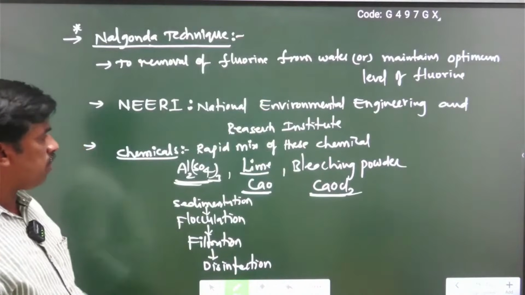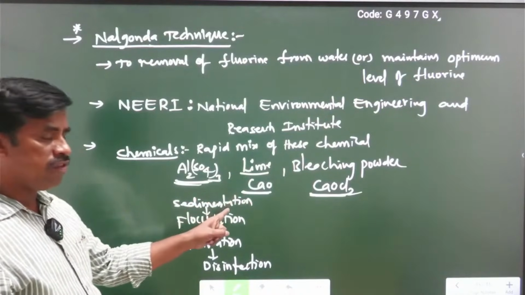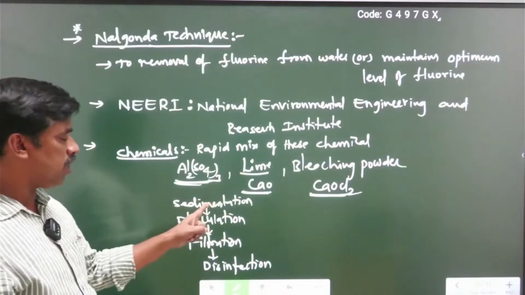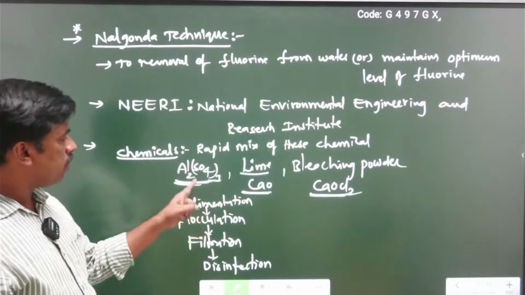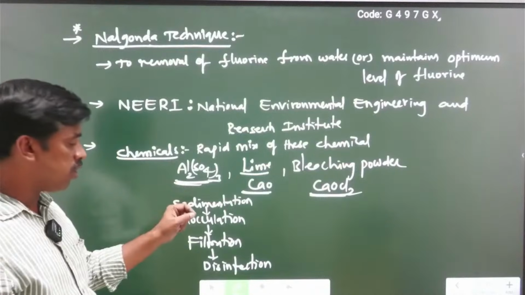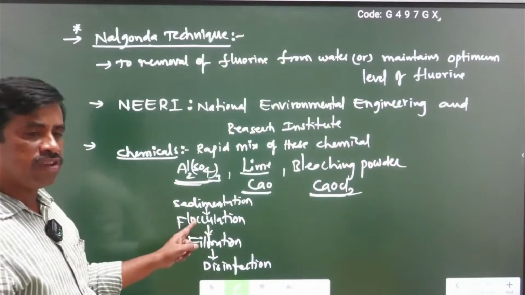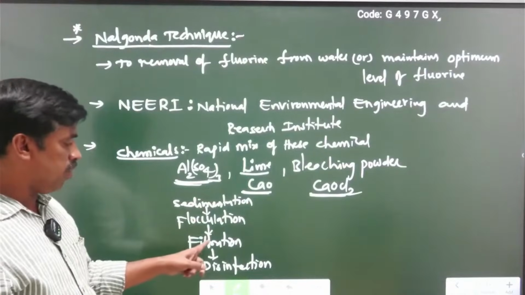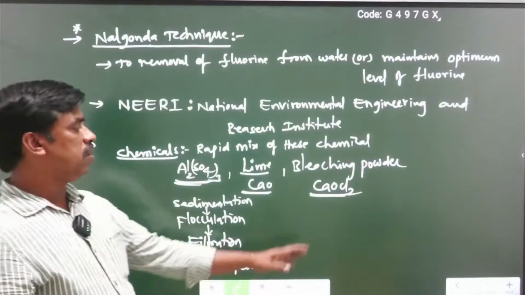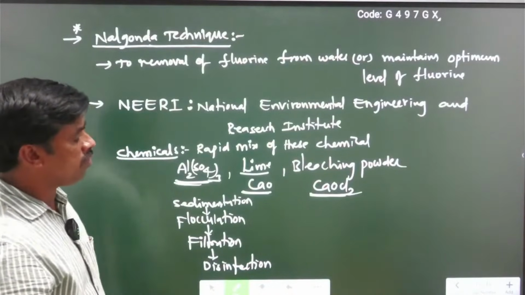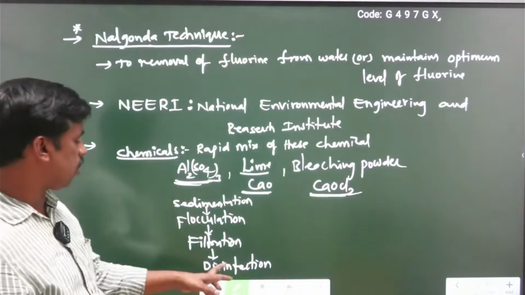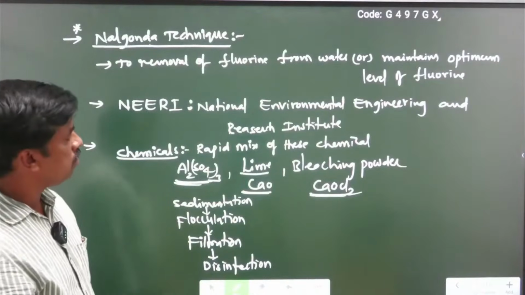Here, what happens first? Whenever lime is added, it combines with the dissolved salts, and the dissolved impurities precipitate; sedimentation takes place. After that, alum, the aluminium salt, reacts with colloidal suspended impurities. Again, flocculation or precipitation takes place. The precipitate is removed by filtration. After the filtration, the remaining water is treated with CaOCl2 bleaching powder, and the bacteria, viruses, fungi, etc. present are removed by the disinfection process.